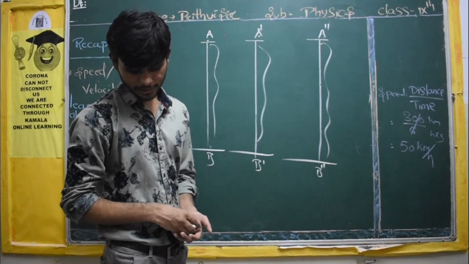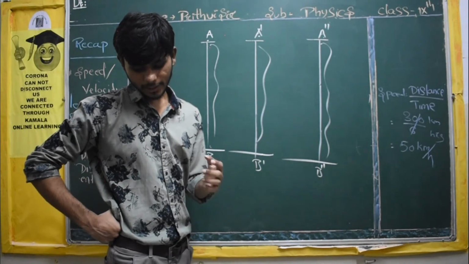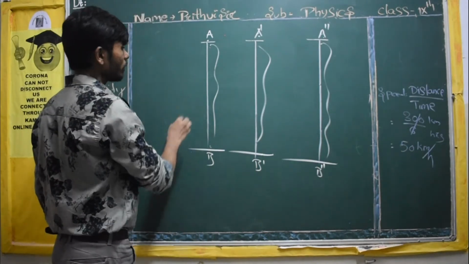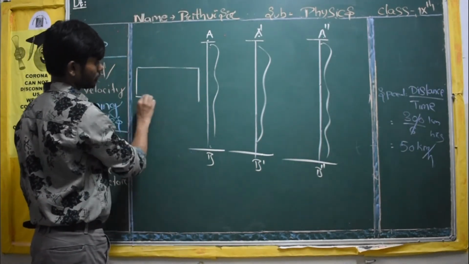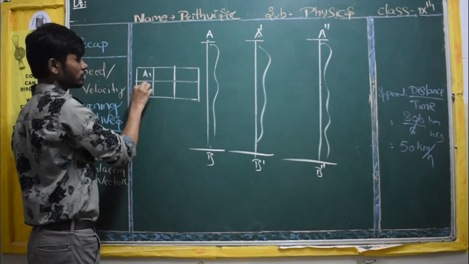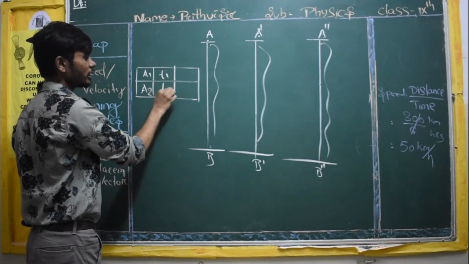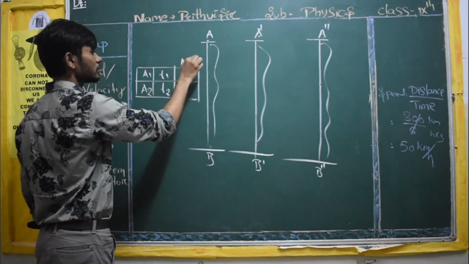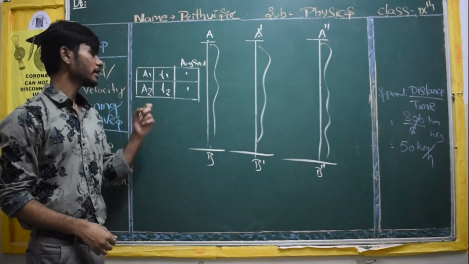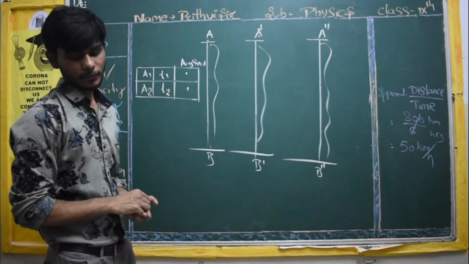So we will make a table. In the table we have to write about everybody, the students A1, A2, A3, as well as the time taken by them to cover the distance. We will make a small table over here, with columns in this way. Student A1, student A2. How much time did it take? Suppose it took T1 time, it took T2 time. Then what will be the average speed? In both cases, distance covered by time taken, you will get average speed.